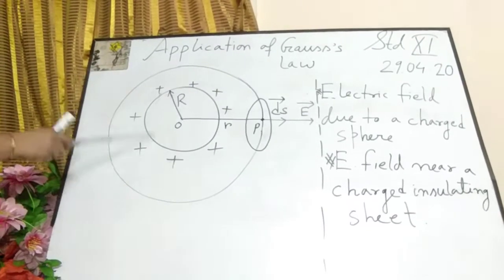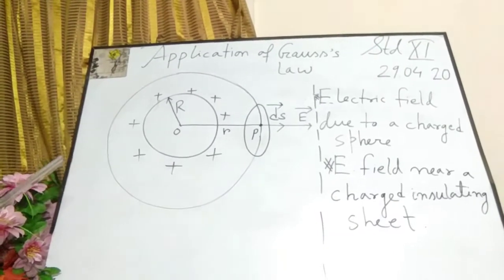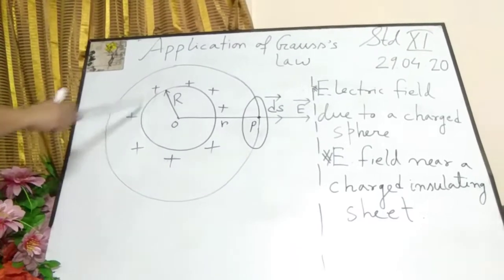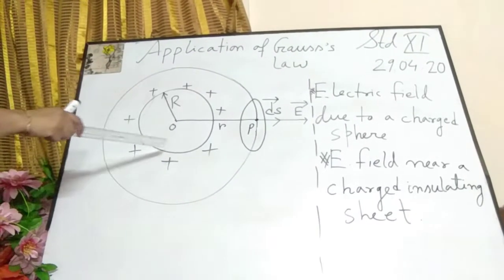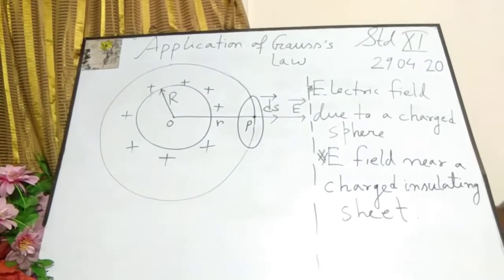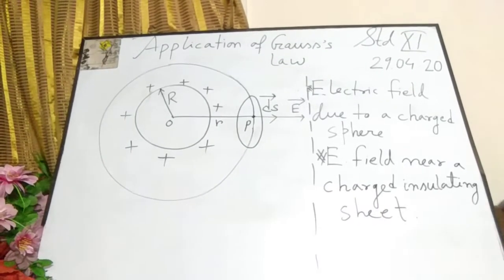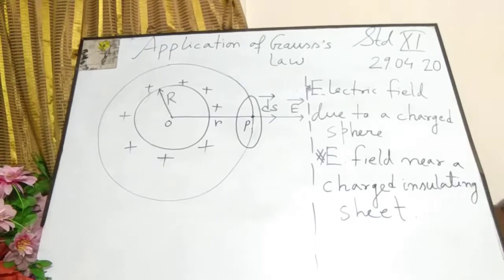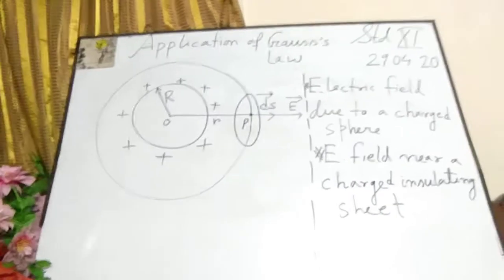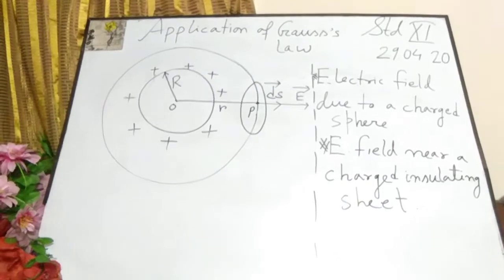Look, this is a hollow sphere of radius r, and if I distribute positive q charge in this hollow sphere, then the charge will be distributed on its surface. You will remember one point: if charge is given to any sphere, that always remains on its surface, not inside the sphere. No matter hollow or solid, charge will always remain on the surface of the sphere.